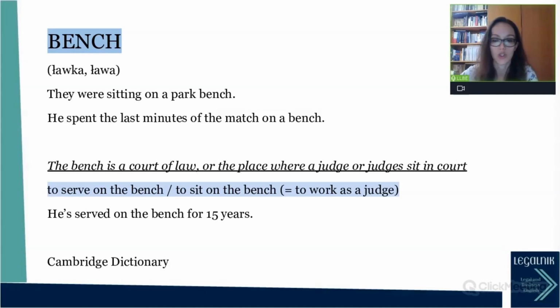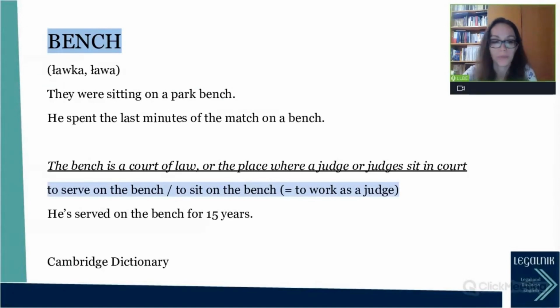All right, bench. It can be translated into Polish as ławka or ława. So the general meaning is like here in the 2 sentences at the top: they were sitting on a park bench, or he spent the last minutes of the match on the bench. And there is another legal meaning of the bench, and the bench is a court of law or the place where a judge or judges sit in court. So it's more, we can say, the physical place where the judge sits,